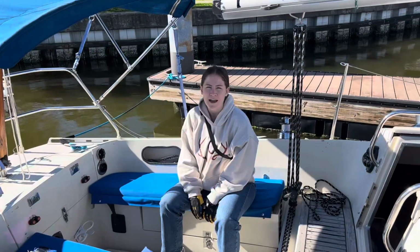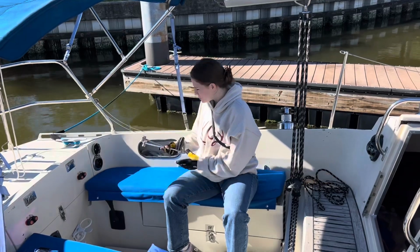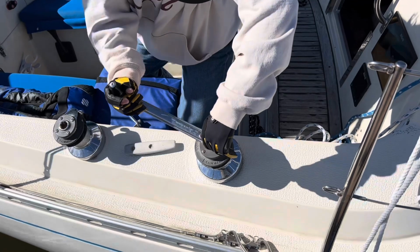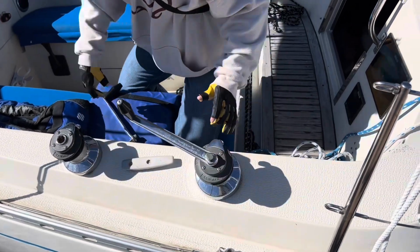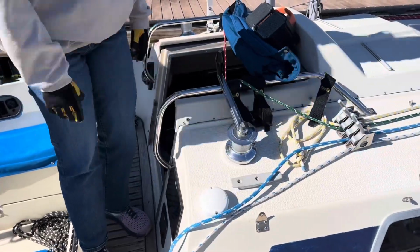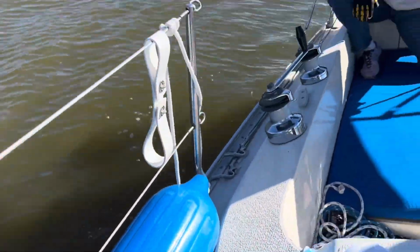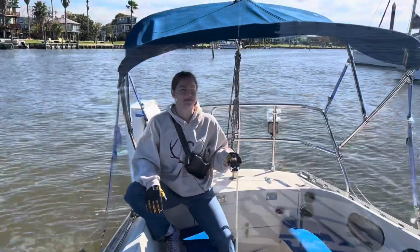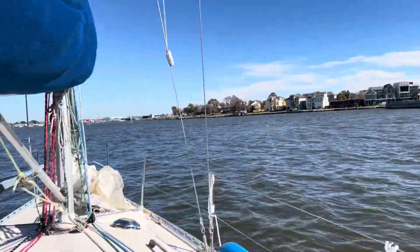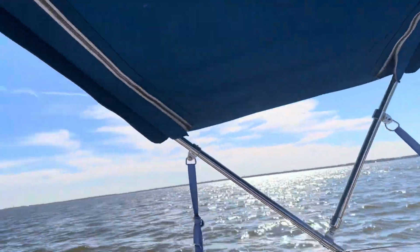Last thing to do before we cast off is we're going to grab our winch handles, which are right here. Two of them. You'll want to put it right here. And that's one. You'll have two over here. Just like that. Now that we cast off, we want to put up our fenders and our lifelines, which we did. Now we're going to navigate the channel out to marker number 3. To make it easier to hoist the mainsail, we pull some slack in the